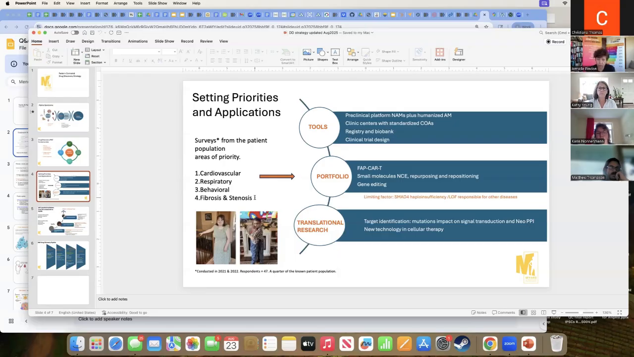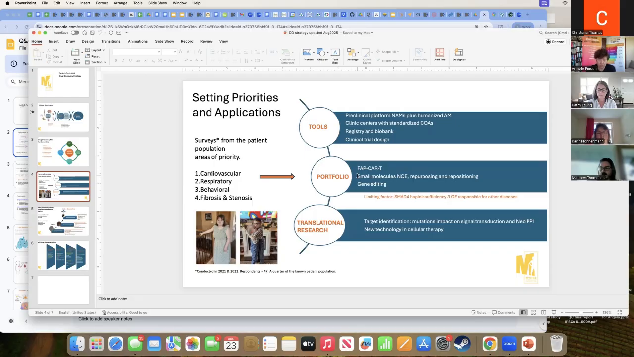So what we thought would be the good way to go is the FAP CAR-T. So that's immunocell therapy that is targeting fibrosis. So that's the point, the central point. Small molecules that will tackle the problem almost at the origin. So we are looking at small molecules that will